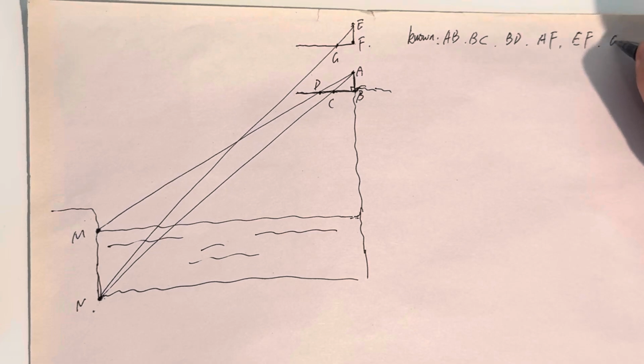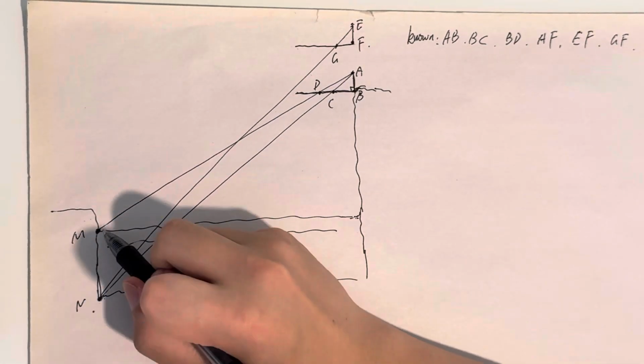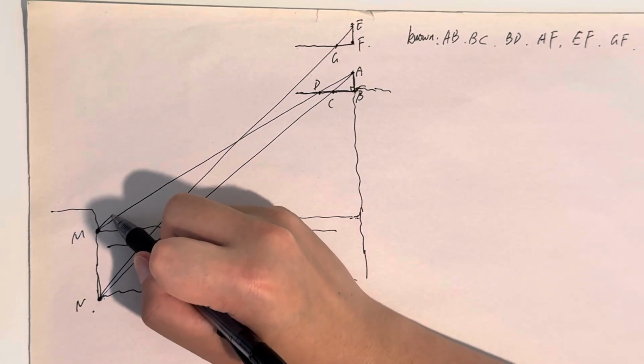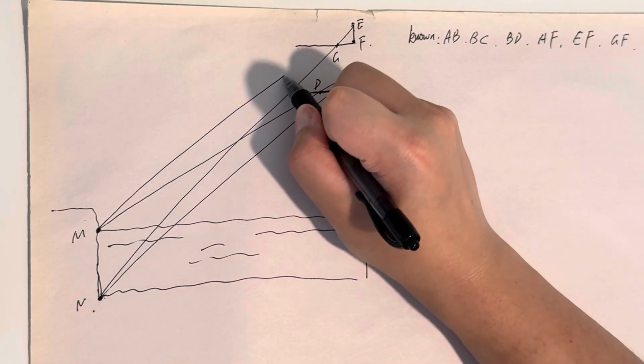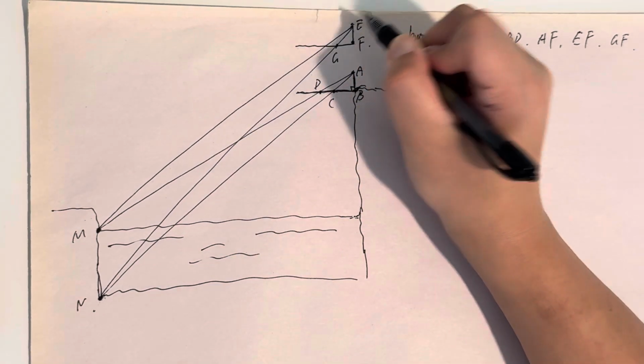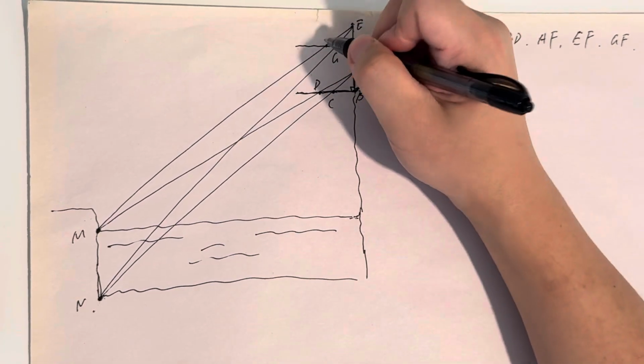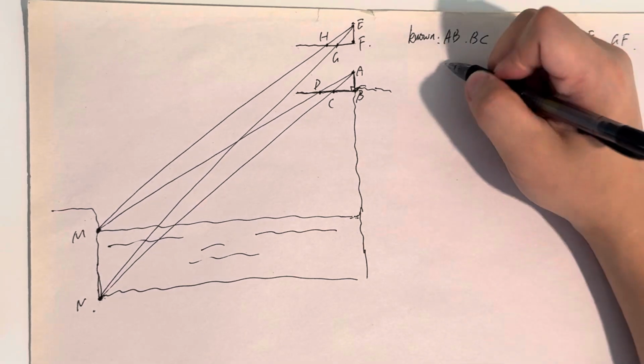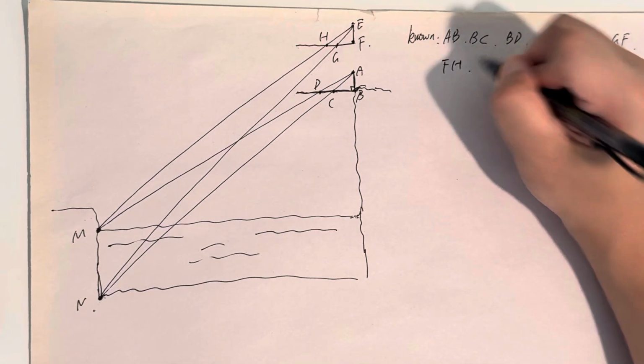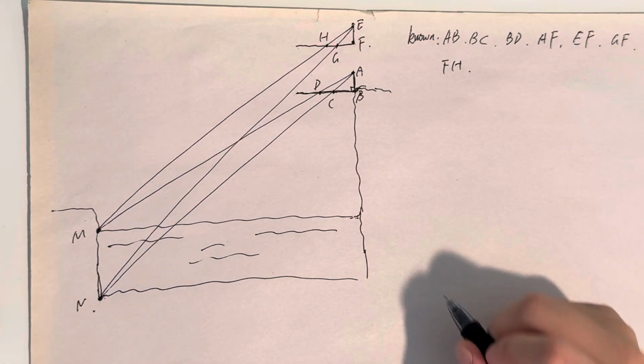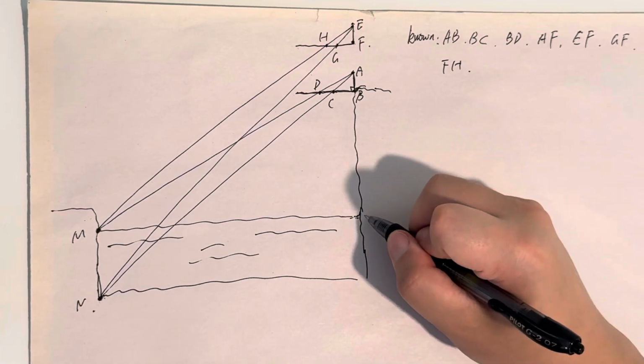So we know GF. And we do it again for the surface of the lake. We know the distance of FH. Right? Now the question is,